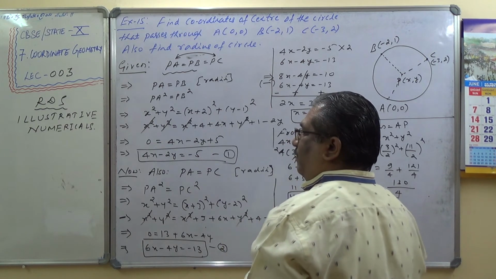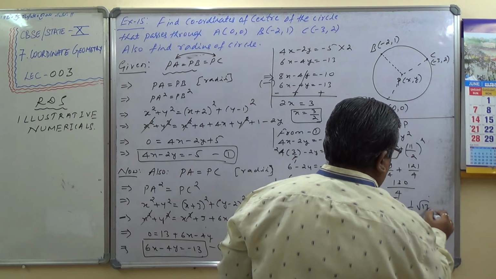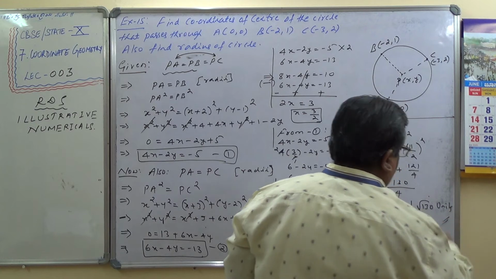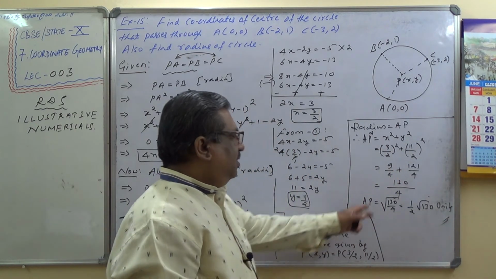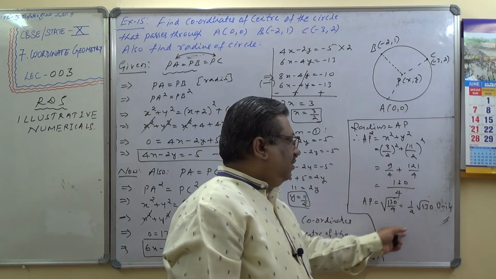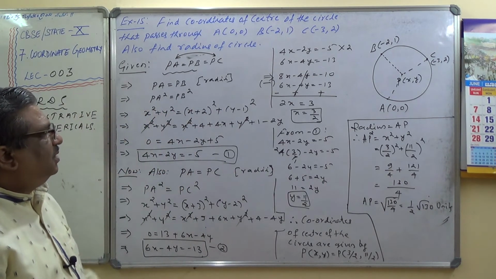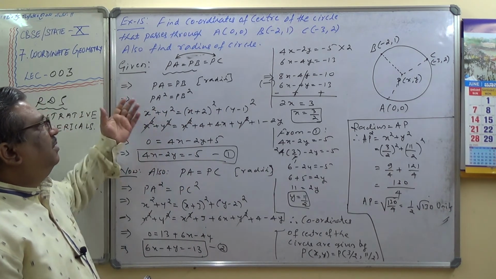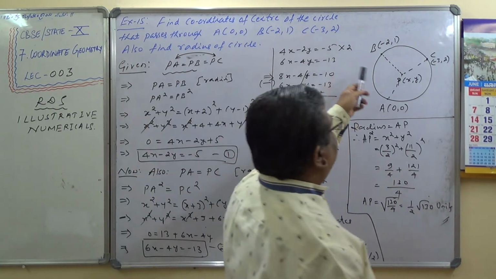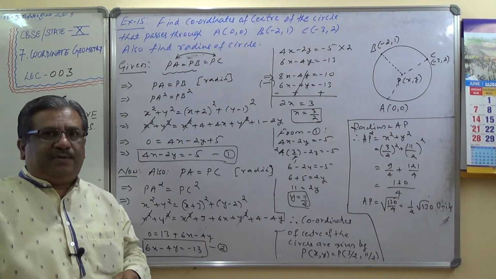What is the answer given? Correct only. He has also written AP is equal to, note down, that's all. 130 no need to do, it's not divisible anyway. So take out 4, which is 1 by 2, and put 130 under root. That's enough. So this is how the question is. Important is finding the center of the circle when it passes through 3 points. Clear? I hope this is clear. Note down.